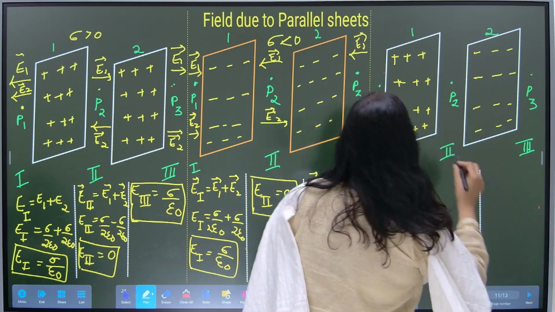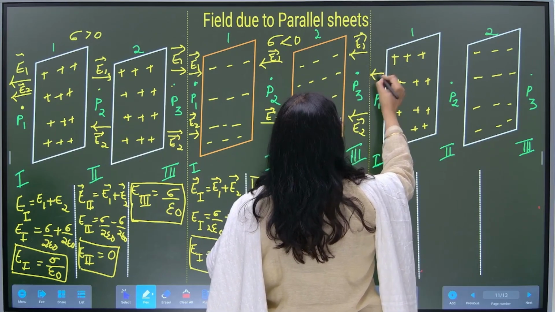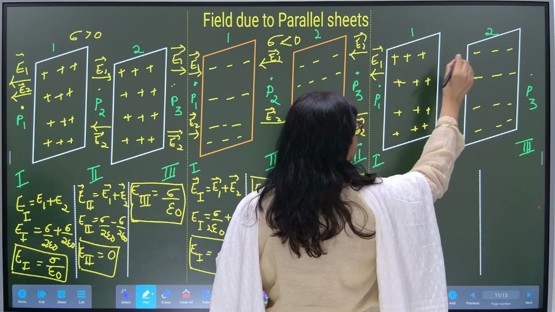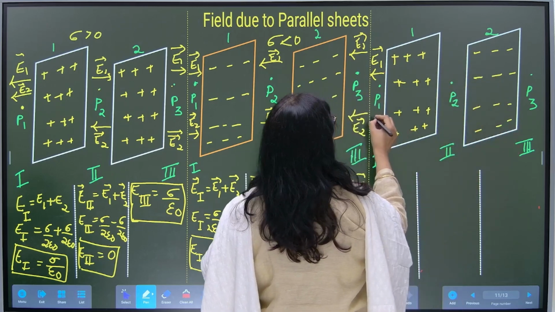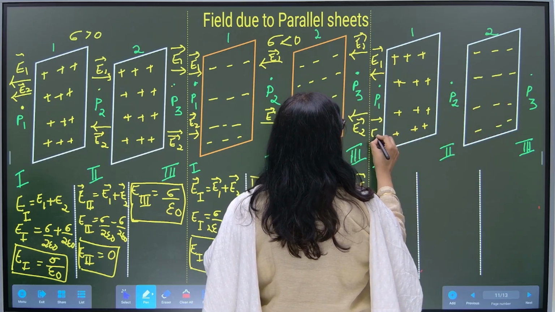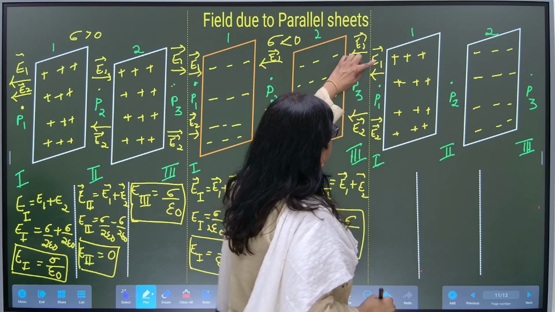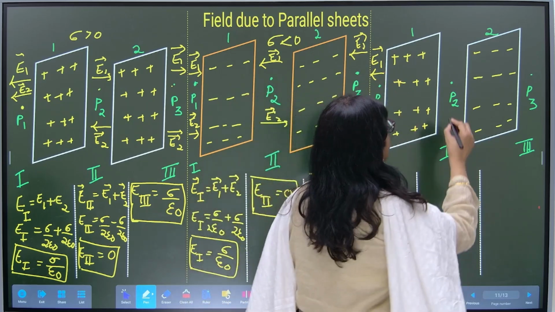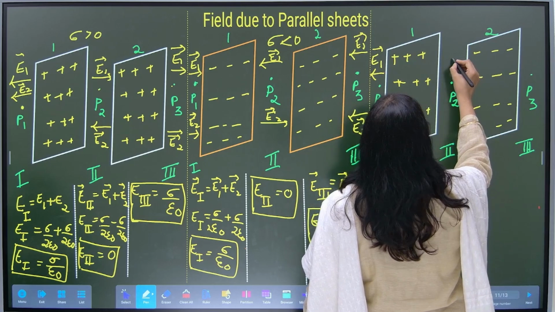Okay. So at the point P1, radially outwards, E1. At the point P1, due to sheet 2, radially inwards, E2. Now you can see what has happened. E1 and E2 are in opposite direction for region 1. For P2, region 2,